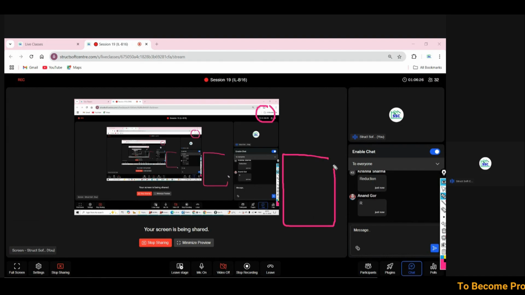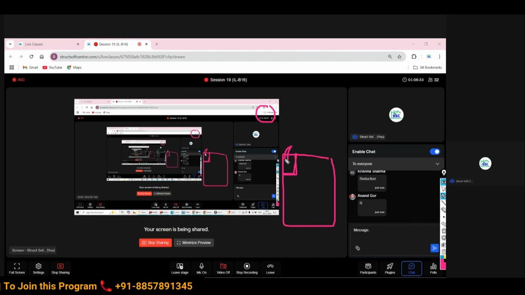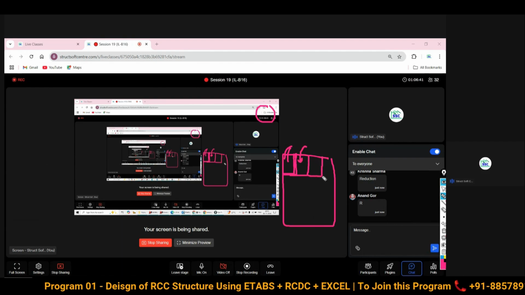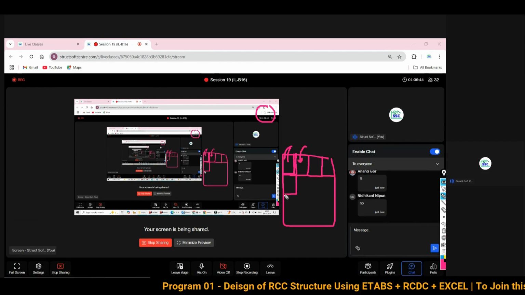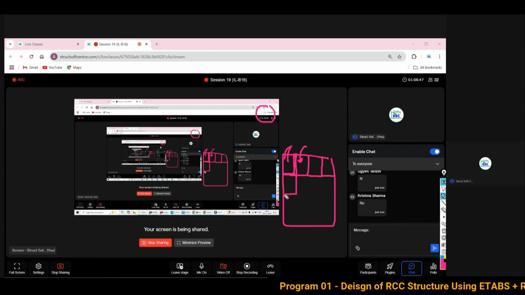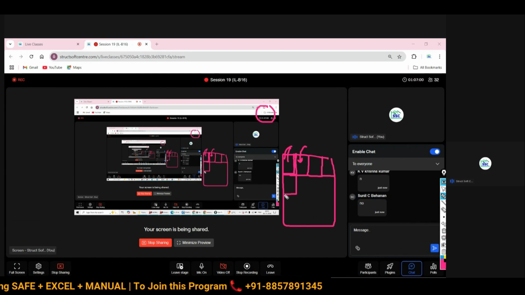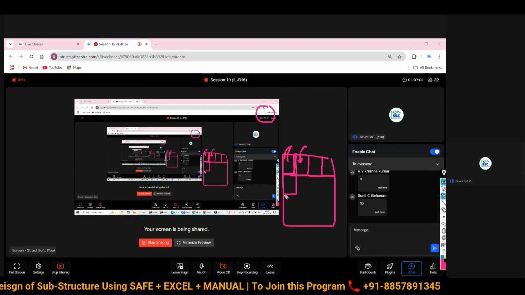If there is a room, in that room at every time there will not be 2 kilonewton per meter square loading at 100%. Try to understand: 3 persons standing in a 1 meter square area, is it possible in one room that every time 3 persons are standing over a 1 meter area? Let's think about the bedroom, the living room. This is really not possible. So there should be some consideration of this reality, and that reality recommends a reduction. We should do some reduction for this.